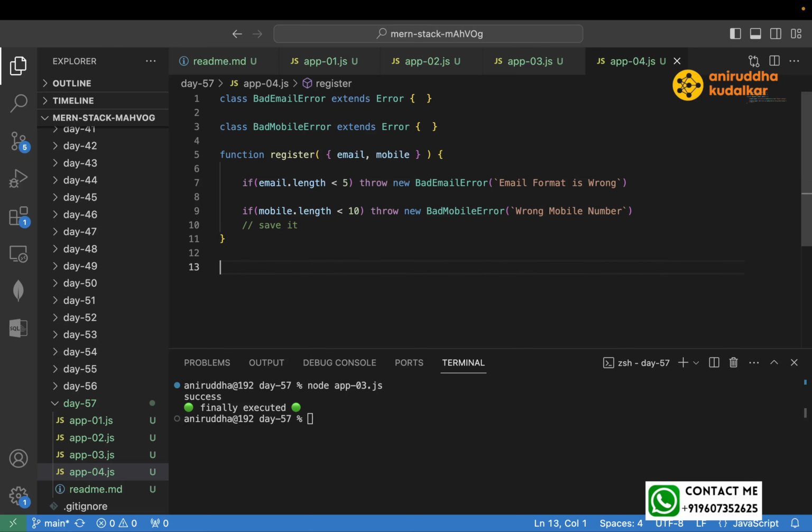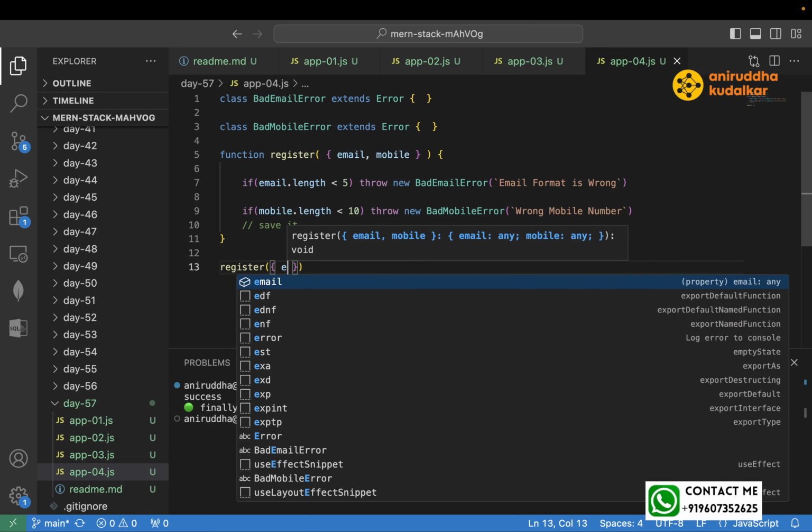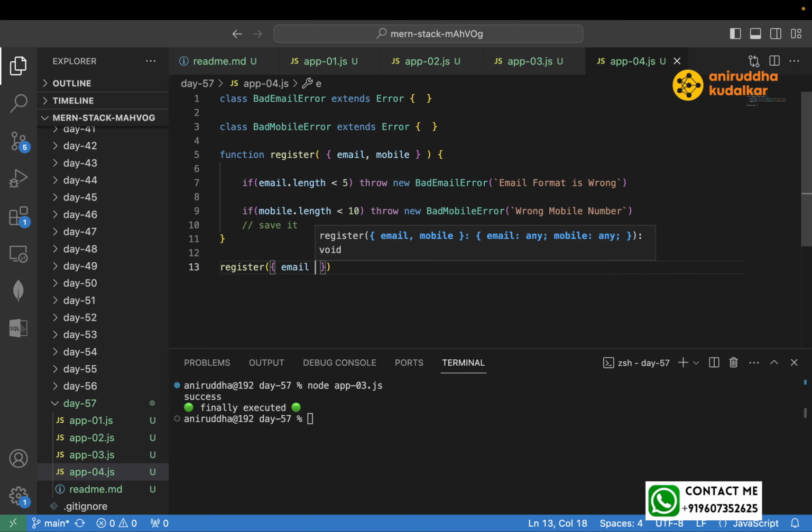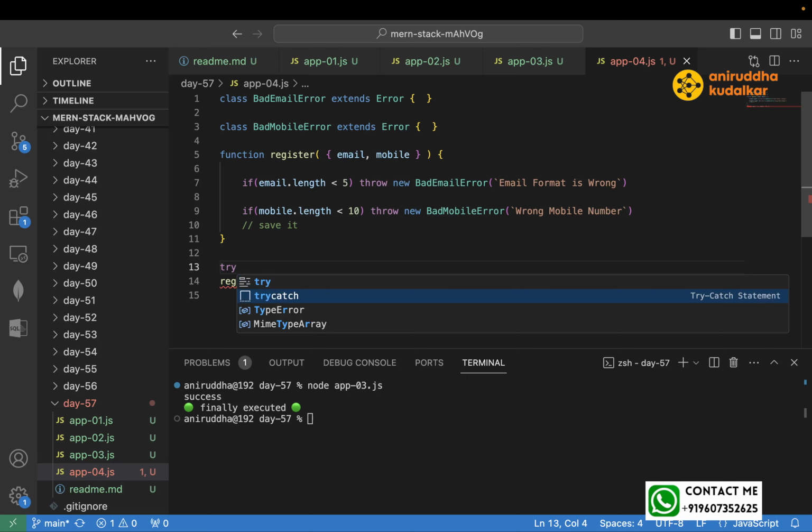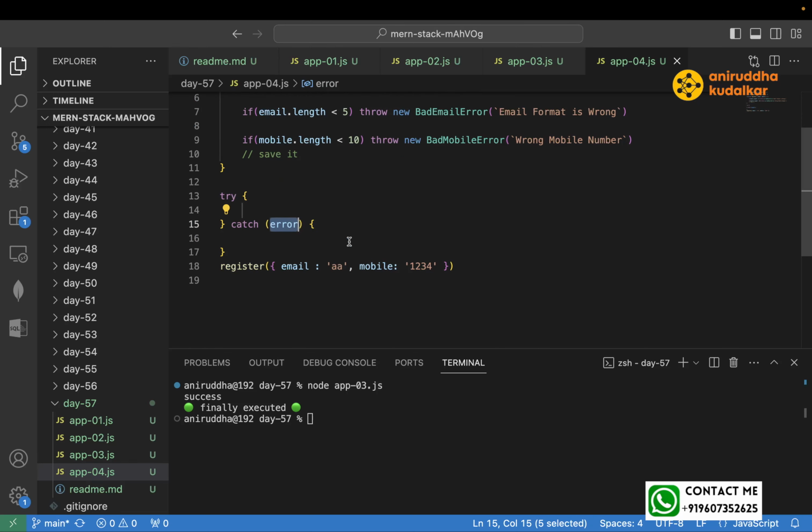Correct? So here you can call register. Now, whenever you say register, you need to pass an object. Here you can say email, AA, and mobile 1234. Now both are going to throw the error. So try catch, right? So here you can say if error